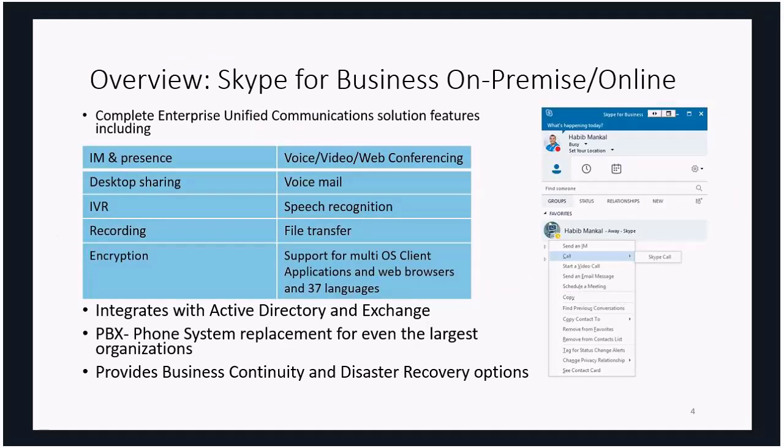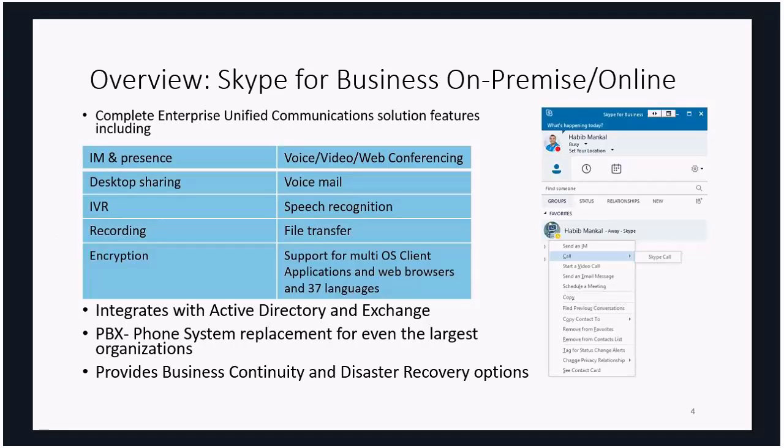Okay, so jumping right in, we're going to give a quick overview of Skype for Business on-prem and Skype for Business online, the two different Skype for Business versions that you can use. So what is Skype for Business? It's a complete enterprise-grade unified communications solution that allows you to have two-user or multi-user communications. So peer-to-peer calls or IM, desktop sharing, etc. Or you can host those in a conference to have 3 or more users